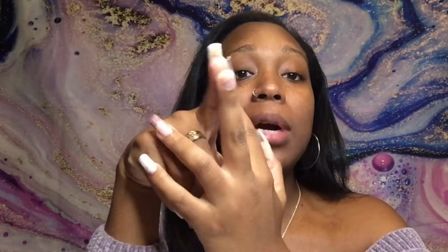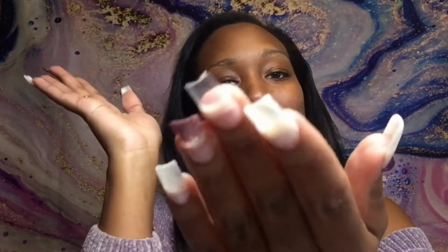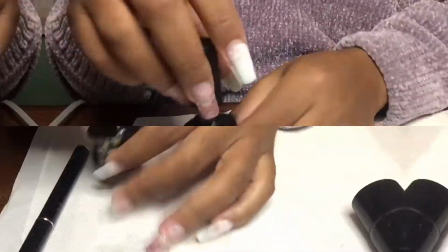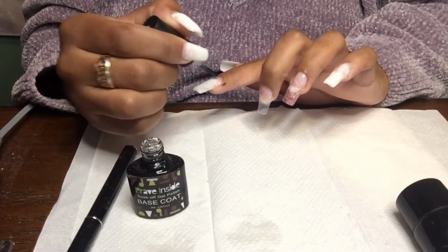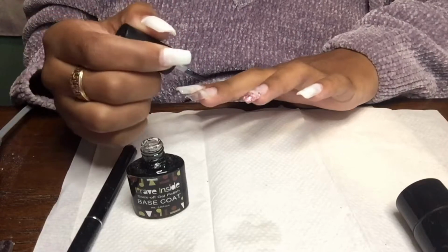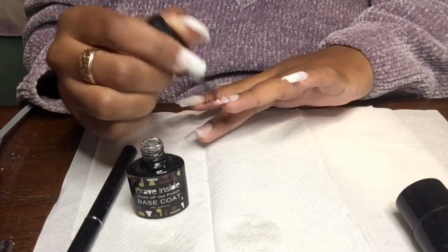I broke a nail in the process of filing off the builder gel because I was trying to keep my tips on, and my tip popped off. So boom, new tip. So yes, a quick fill-in and a design change. So watch me work. Alright, so here I am just taking the Brave Inside base coat and applying that to